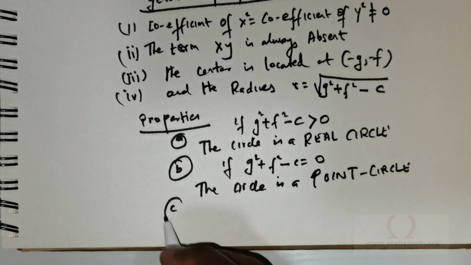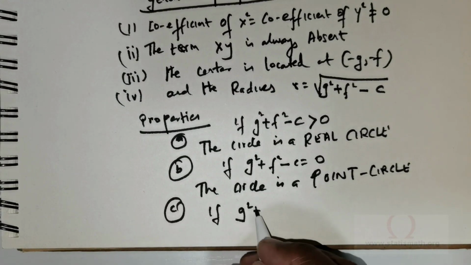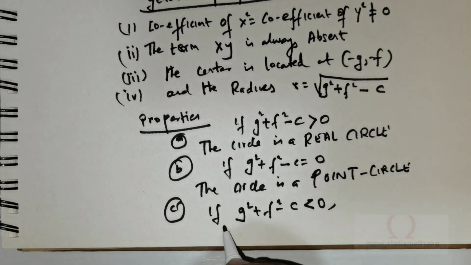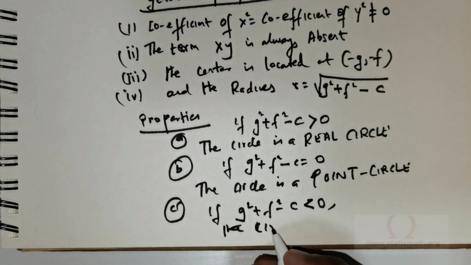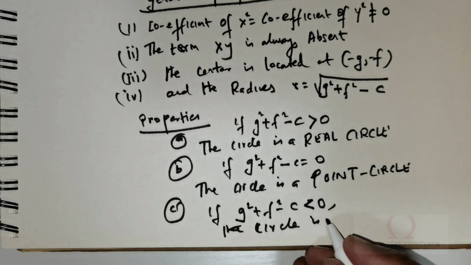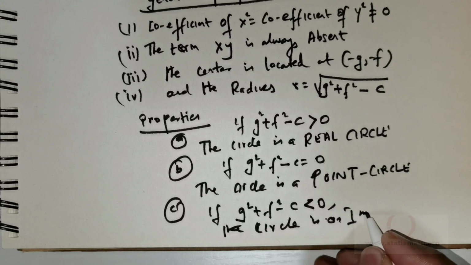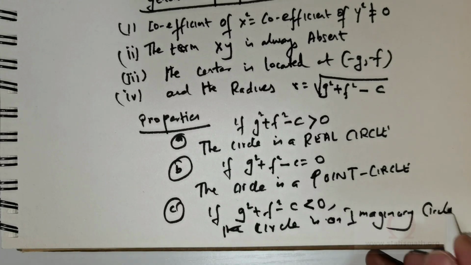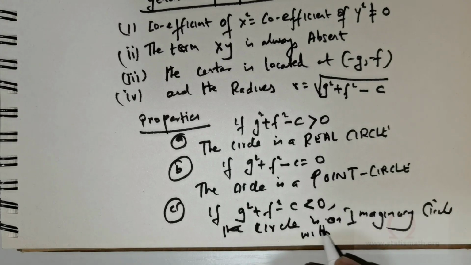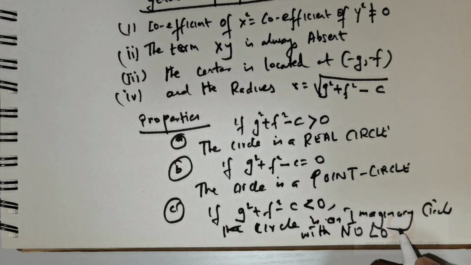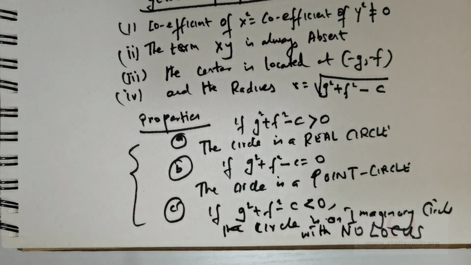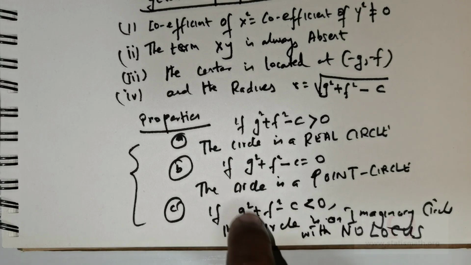The final one is, if g² + f² − c is less than 0, the circle is an imaginary circle, with no locus. These are some of the important attributes you will have to know. In multiple choice questions, you might be asked